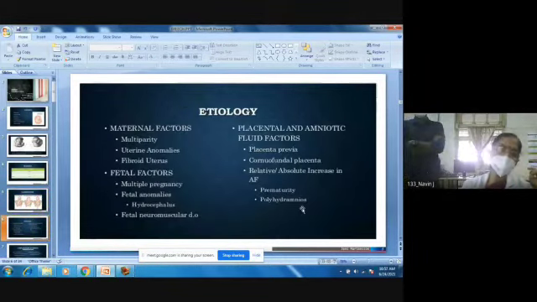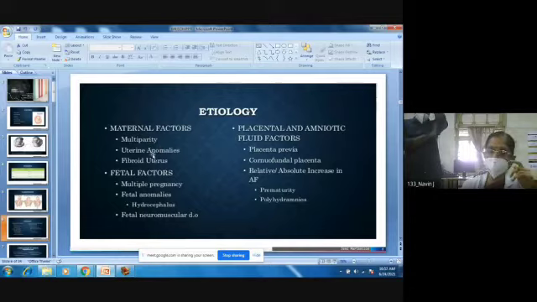So coming to the etiology, broadly you have maternal factors, fetal factors, and placental factors. Maternal factors are multiparous woman. A woman who has had 2 or more deliveries, you will call her a multiparous woman. Her abdomen will be so lax, and so there's more chance of malpresentation. I already told you uterine anomalies like bicornuate uterus or unicornuate uterus or a subseptate uterus are more associated with a breech presentation. When you have fibroids in the lower uterine segment, you find that the baby presents as breech very often.